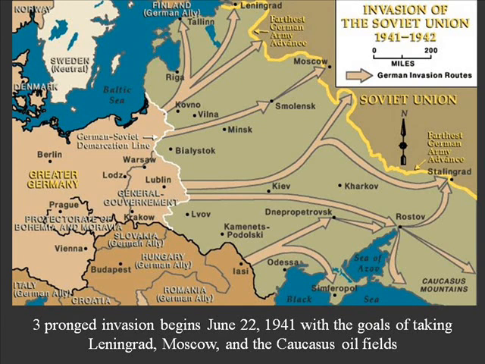There is a northern prong that goes to take Leningrad, which was old St. Petersburg, Petrograd that we talked about earlier. The former kind of cultural and symbolic center of Russian life, culture, society. They also direct a second invasion toward Moscow, the actual center of the Soviet government, to knock out the government capital and take over the whole country, and launch a third southern prong to try to get into the Caucasus